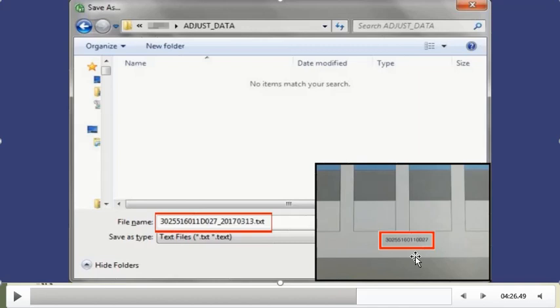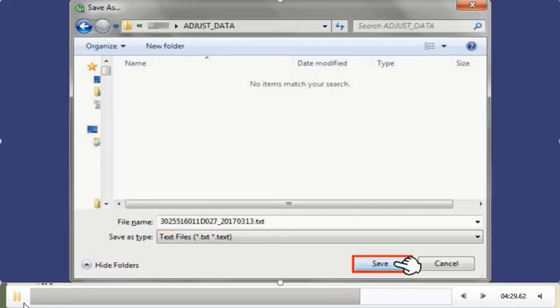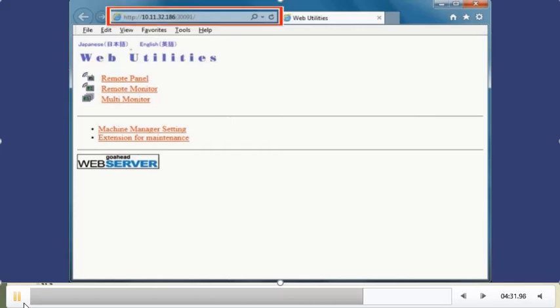And where you have to save the file: suppose you have a 3080 machine, then you have to make a folder C3080. Then inside that folder you have to make one more folder, that is adjust underscore data. As you can see here, adjust underscore data, and then you have to save this file. First write that number, underscore, let's say your name xyz, whatever it is, you can save there.